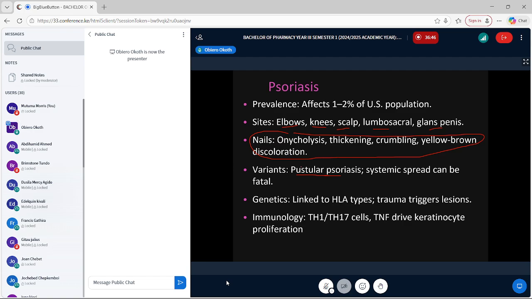You can have a systemic spread giving you what we call erythrodermic. You have a bigger chunk of the body being affected. The term you use is erythrodermic. We think this could be linked to HLA subtype, and trauma can trigger the lesions. We think this is T helper 17 cells. T helper 1 produces macrophages. T helper 17 again macrophages. Tumor necrosis factor driven